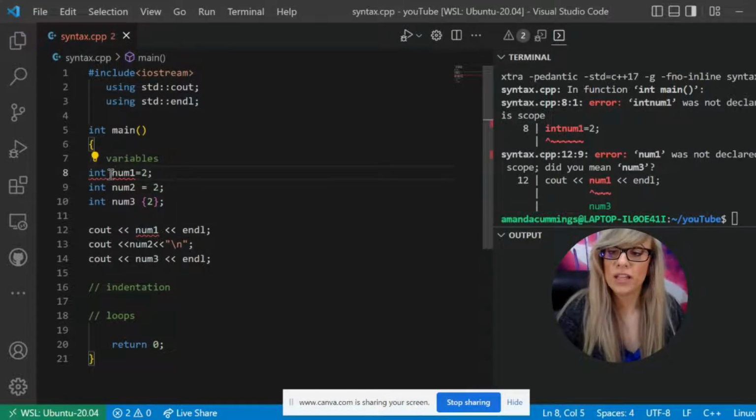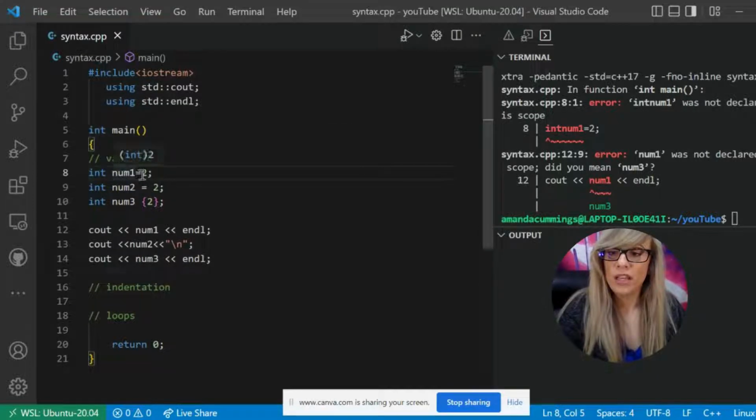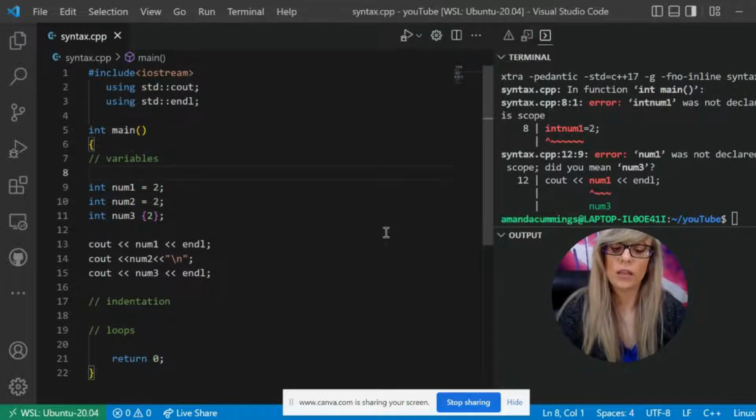So if I go ahead and add a space, as you can see, again, int turns blue, letting me know that it's a keyword. I follow with my variable name and my assignment operator, which people call the equal sign in the beginning. However, whenever you have 2 variables usually next to each other, again, this is going to be a style preference. This is what we would call a